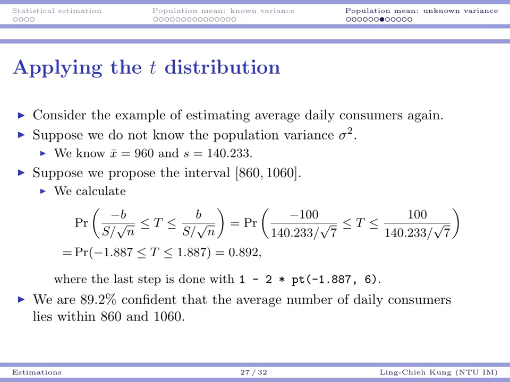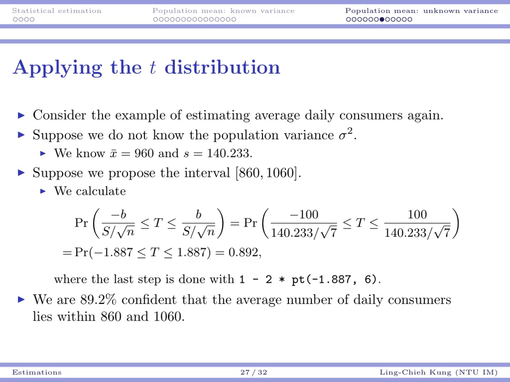So for the example we just had, we know the sample mean, we know the sample standard deviation. Suppose, for no reason, I propose an interval 860 to 1060. So I'm choosing a length of 100. Then I'm going to calculate this particular probability. I now plug in numbers. b is 100, s is 140, n is 7. And then I want to calculate this probability. To calculate it, I first calculate the left-hand side number and the right-hand side number as